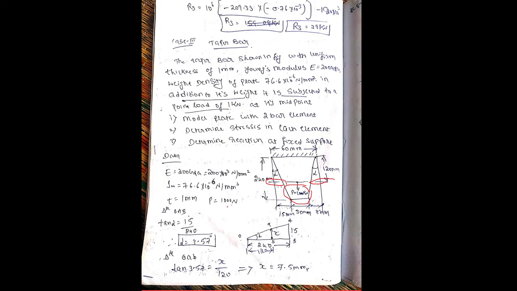Are you getting all of you? Yes, sir. This, into thickness, is equal to the equivalent volume of the stepped bar, that is W1 into 120 into thickness. We know the thickness, what they gave: 1 mm unit thickness. Therefore, T gets cancelled, and I can calculate the W1 value.